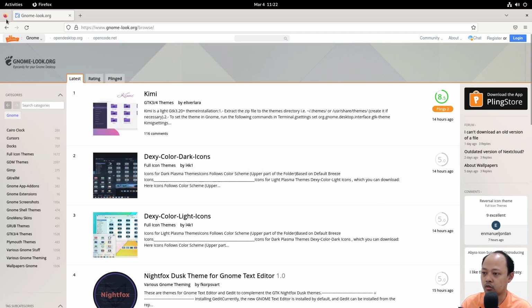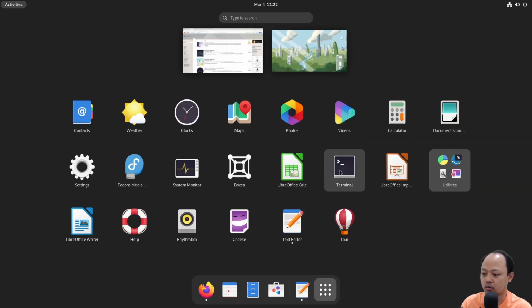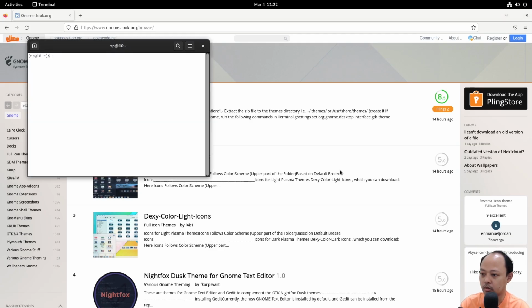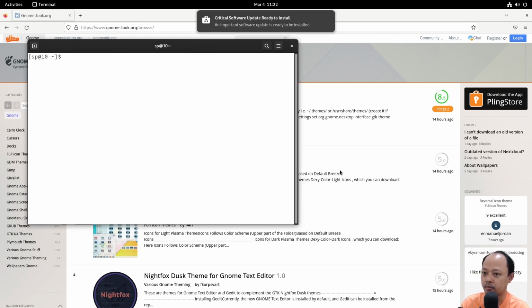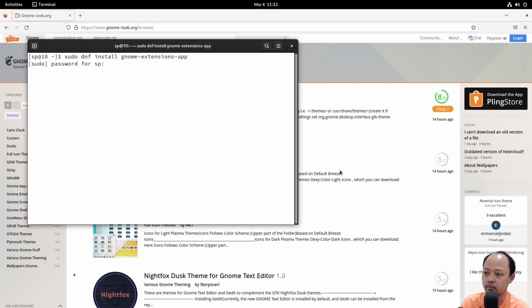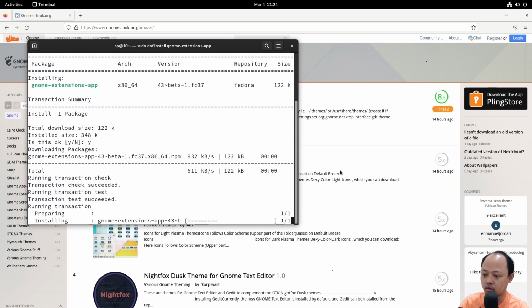Let's open the terminal and install the GNOME extensions app. Sudo dnf install gnome-extensions-app, and type yes for installing.